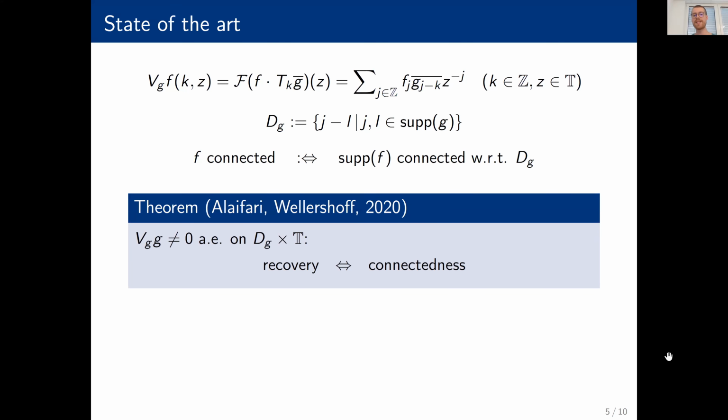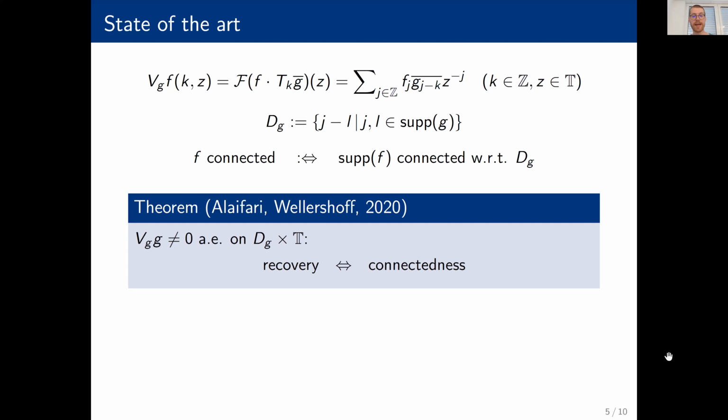And what the theorem states is that basically if we are in the best possible case with G when considering DG, and I will explain later what this means, then recovery is actually equivalent to connectedness. So a signal F can be recovered up to a global phase vector from the absolute STFT measurement if and only if its support is connected. And what I mean by